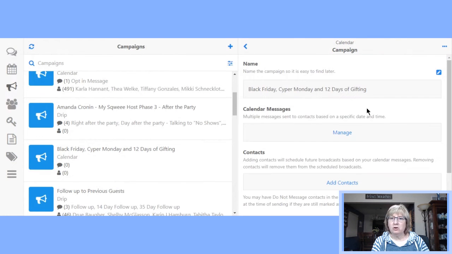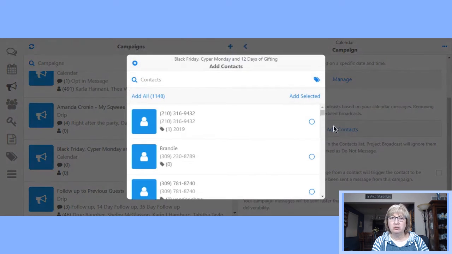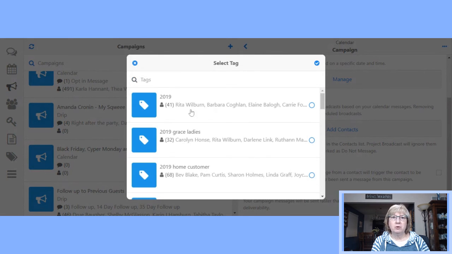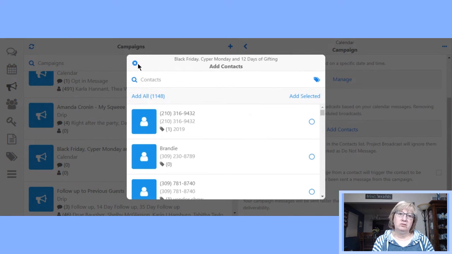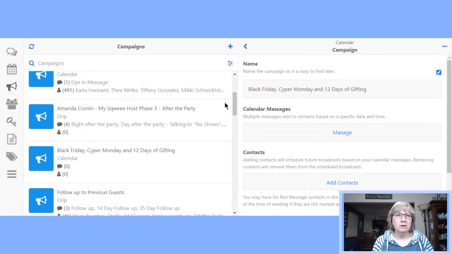But also under the campaign, I will add contacts. And when I do that, I'm going to click on this little tag thing and I'm going to pick 2019. And everybody that by then has shown interest in being part of this, I'll just push that little button there and the check mark, and all those people will start getting those messages. So that's just a quick way to show you what